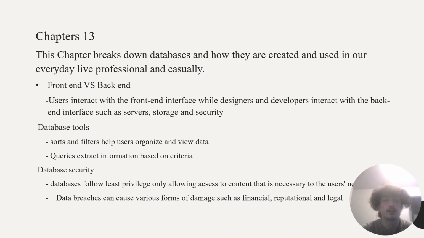And on to Chapter 13, our last chapter in this. This chapter breaks down databases and how they're created, and how we use them in our everyday lives, whether that be casually or professionally. And with databases, you have a front end and a back end. A front end is used by the users. That's the interface that we all see anytime you get onto any sort of public database. While the back end is mainly for those developers,